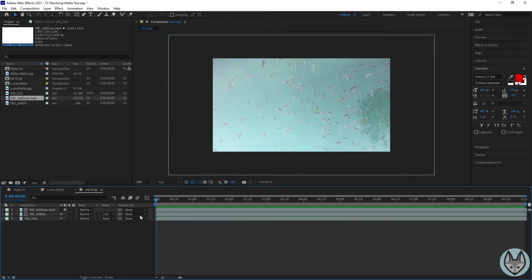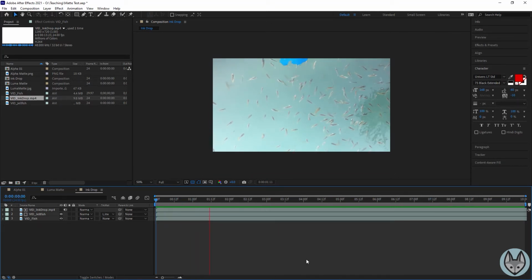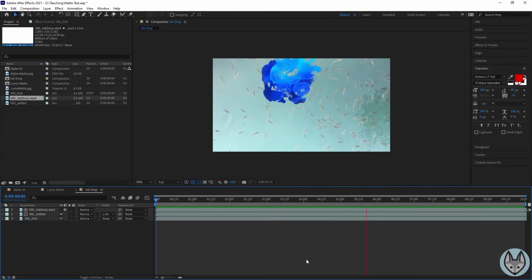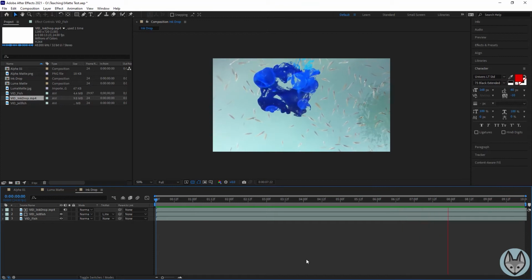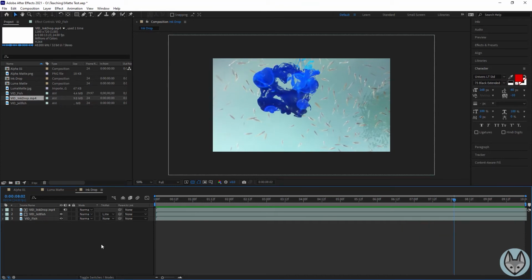So you can see where that could be pretty useful to use. Again, using a video and the luminance values to serve as a mask or a mat. All right. Now in the next example, I've exported some files from Cinema 4D with an alpha channel, and I